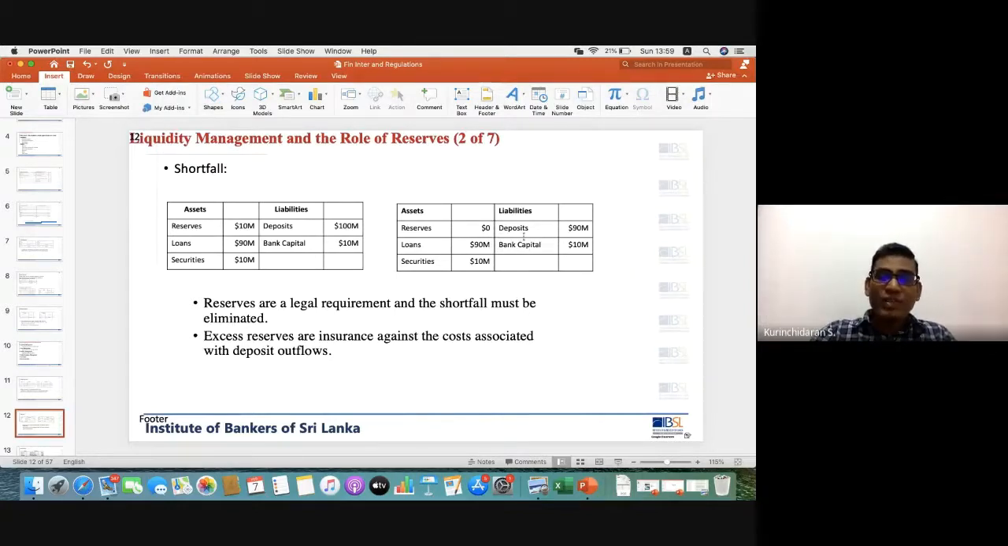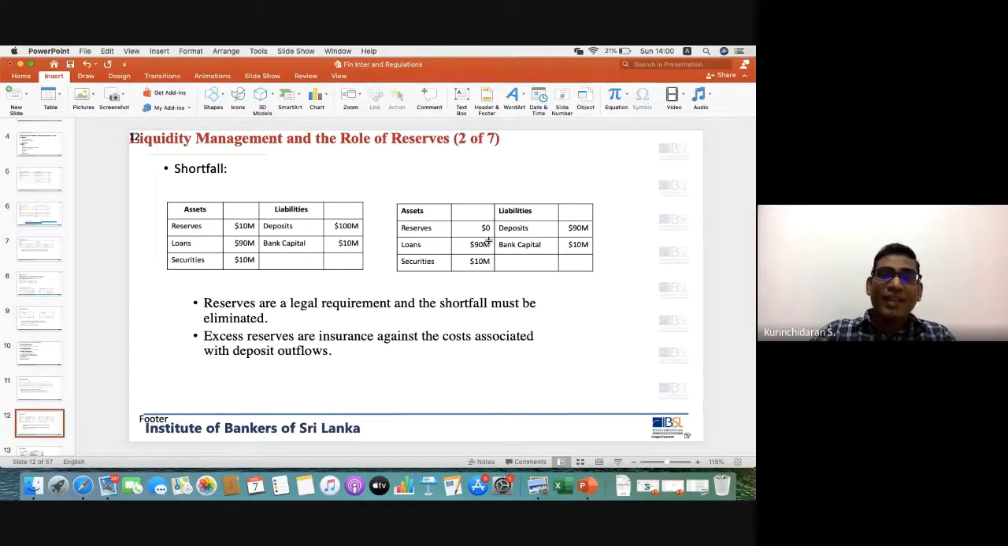Now a customer withdraws 10 million, right? What will happen? The deposit will go down by $10 million. At the same time, you had reserves of 10 million, and now you paid through the reserve, so now the reserve is 0,